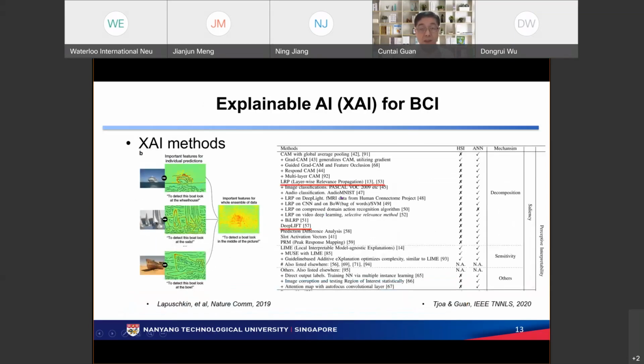So just quickly, explainable AI is one of the important areas for deep learning. In fact, there are many methods being proposed, either based on mathematics or based on so-called perceptive interpretability. Here you can see we try to categorize them. Then in terms of perceptive interpretability, there are also a few methods based on saliency, based on signal, or based on oral explanation. Most of the popular computational approaches today are based on saliency to build a heat map, to look at the picture on the left side.